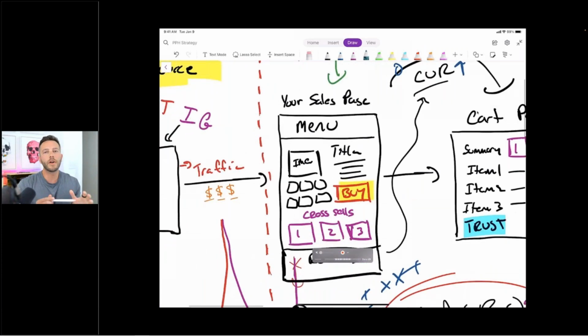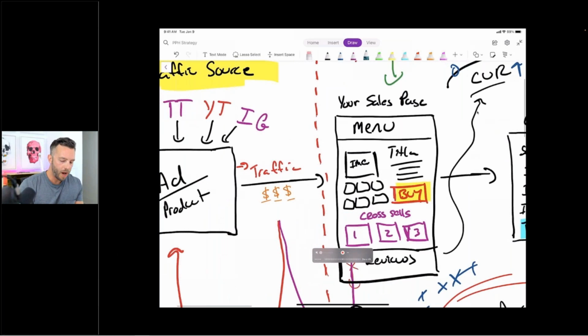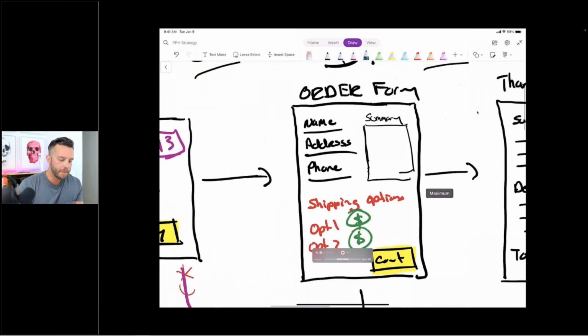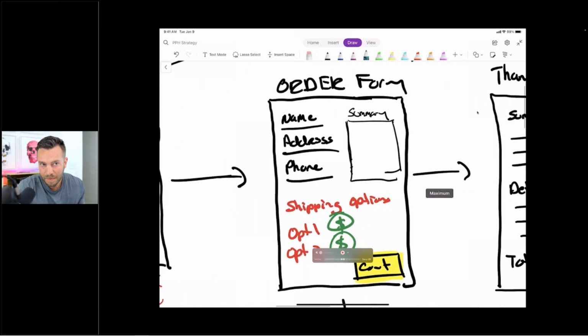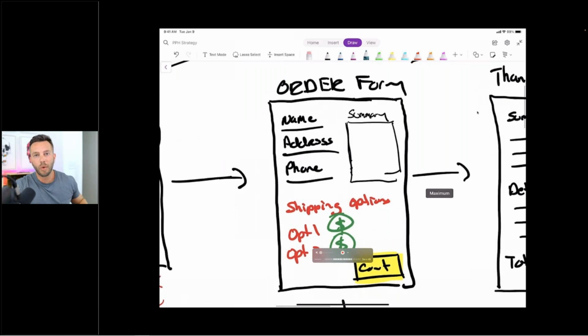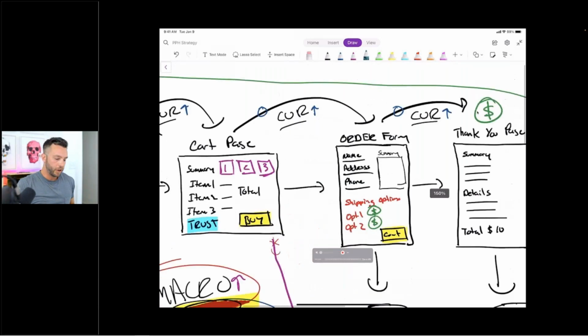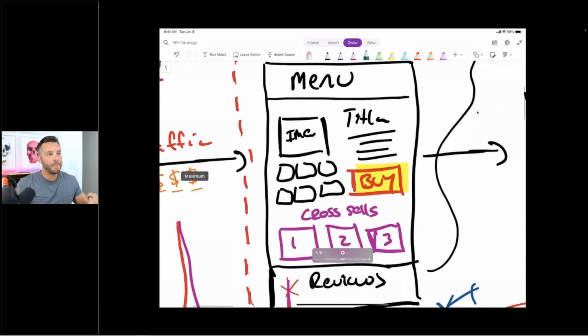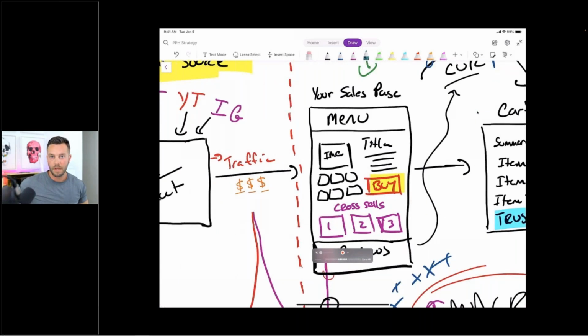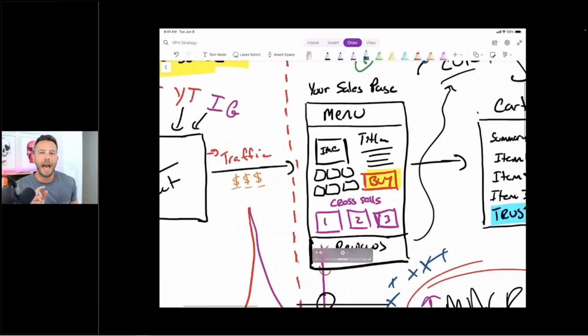The very first thing that happens when somebody hits your store is they hit the sales page. So why the heck are you worried about what's on the order form? What can you do to optimize your order form when you got a crappy sales page? If you got a crappy sales page, ain't nobody getting to the order form. If you got a crappy sales page, ain't nobody getting to the shopping cart, right? Make sense? And once you tweak this bad boy out,